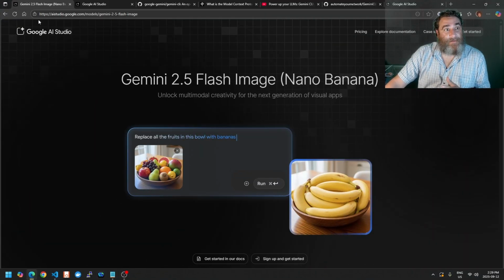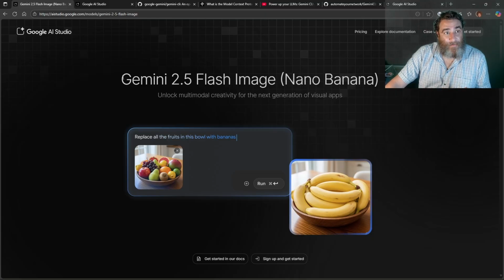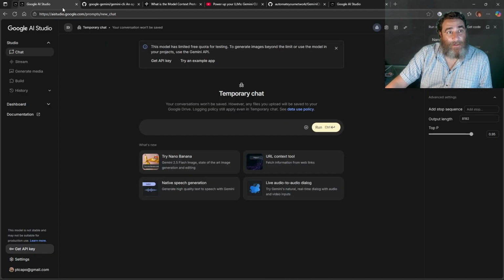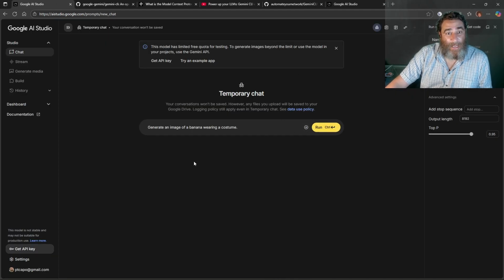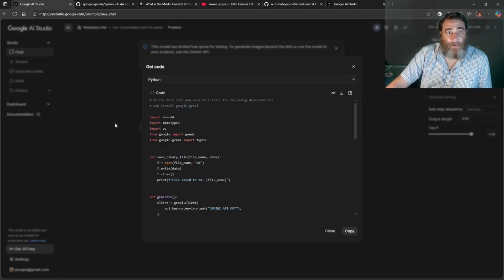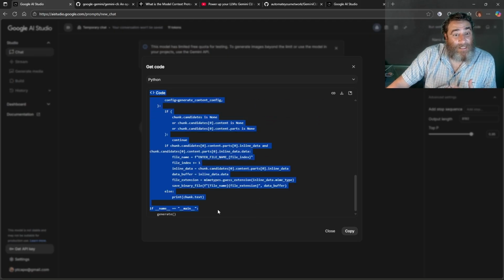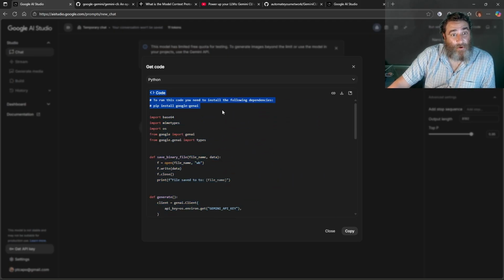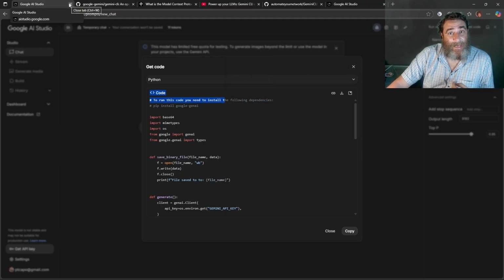I heard about this and started exploring it through the Google AI Studio. Replace all the fruits in this bowl with bananas, and we run it, and it replaces all of them. We can try it: generate an image of a banana wearing a costume, run. But what I was interested in here is get the code. This Python code is the Pythonic, I would say legacy, way of doing it. This is the Python script you could run. So I took this Python script and I turned it into an MCP